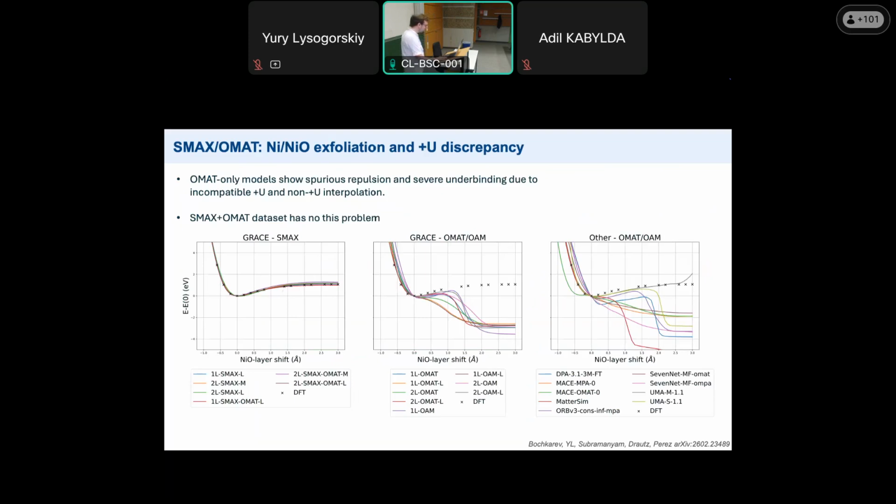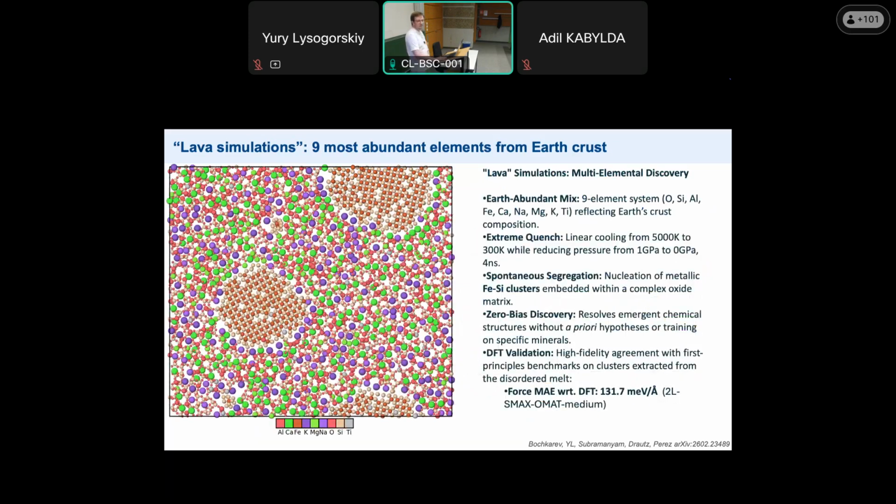And with this SMAX model, we also did some for-fun simulations, what we call lava simulation. We just take the top 9 elements from the abundance list in the Earth's crust, put them together, and cook it from 5,000 K down to room temperature. And what we observe is some formation of course glass, silica glass, alkali metal glass, and some iron silicides, which are not frequent things in the Earth's crust, but in the absence of oxygen, because we just take formally the typical average oxygen concentration, may form there.